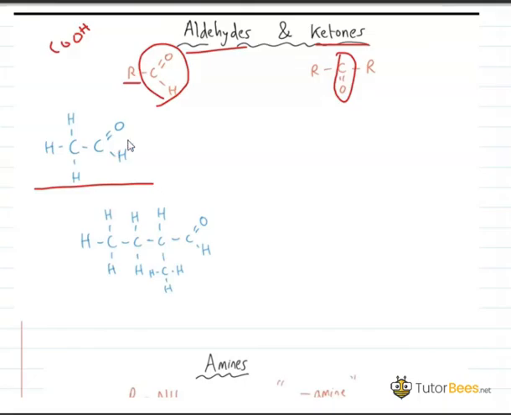Now one more thing that I want to tell you, for aldehydes, beta, we use the suffix "al". For aldehydes we are using the suffix "al", and for ketones we are using the suffix "one". So when you are naming aldehydes you will be using the suffix "al", and when you are naming ketones you will be using the suffix "one". Now look at the first example of the aldehyde.